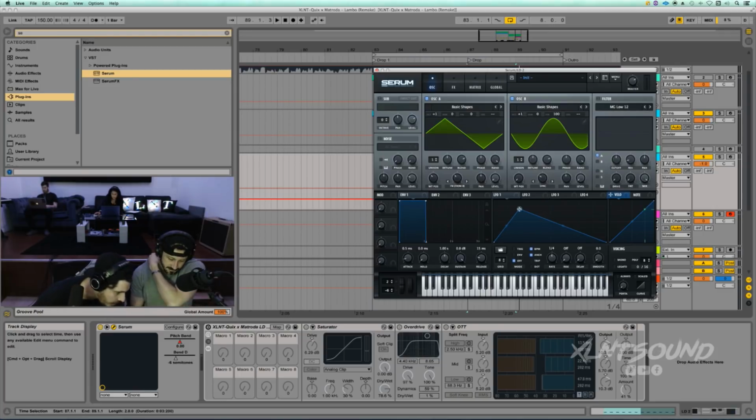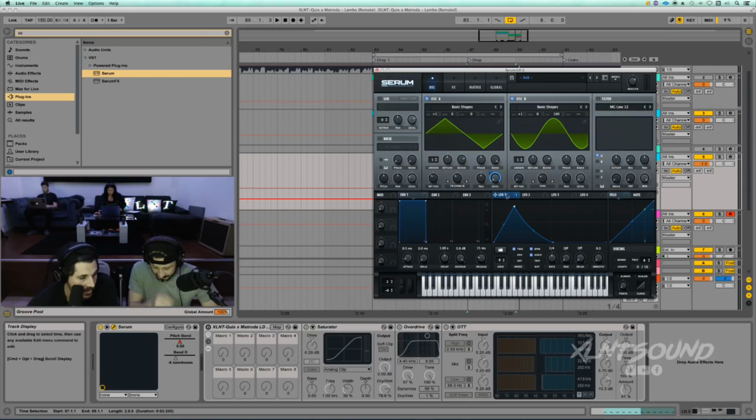So this LFO, I have it right here. And this is kind of interesting. I'll explain some of this too. Make this shape. So it's not going all the way up, and I'll show you why in a second. I'm going to go ahead and make this just like so. Another tiny little spine jump. Set this to trigger and leave it on the quarter notes. I'm going to put this on Oscillator A's level. I'm going to put it on the FM knob for Oscillator A. I'm going to set that back to